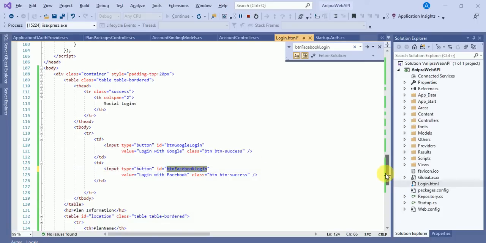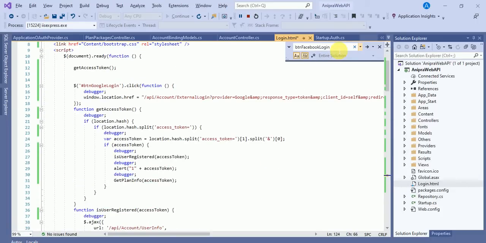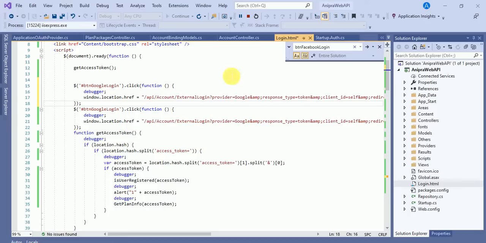I'll paste it over here, copy this section and paste it over here. So Facebook login, cool. I have to change this URL also.